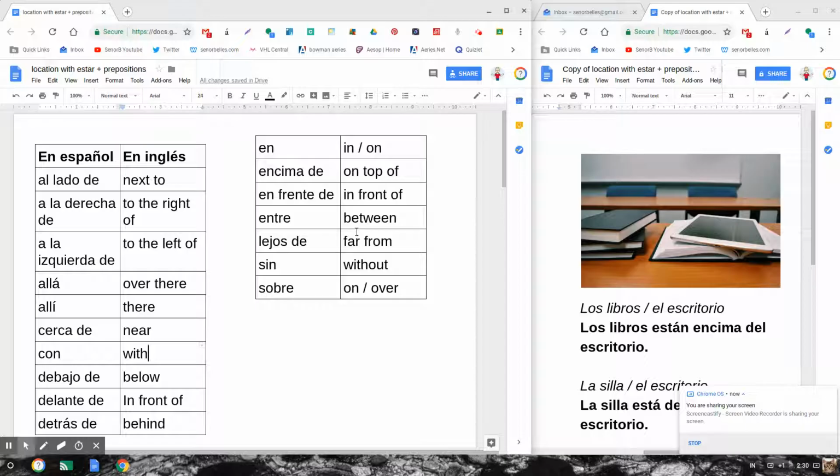What we're going to do in this video is look at prepositions of location and how to talk about where things are located. And to do that, first we need to know some prepositions. So I've got them here in Spanish on the left and then English on the right. I'll go ahead and go through the pronunciation of all of them, starting with the next two at the top left over there. So we have al lado de, a la derecha de,